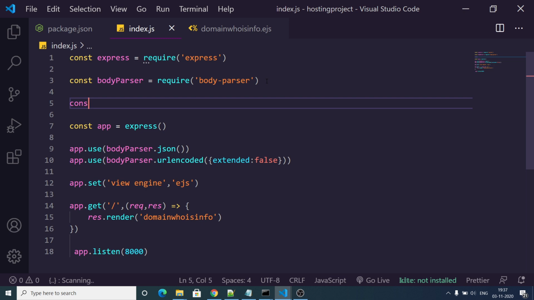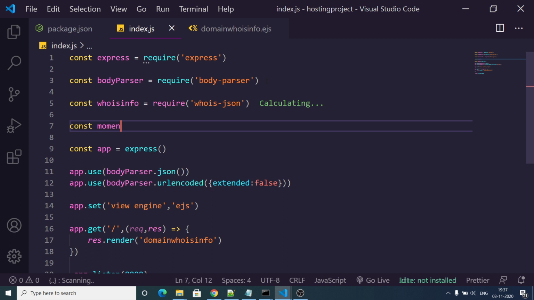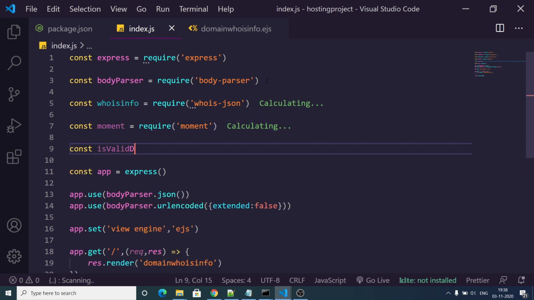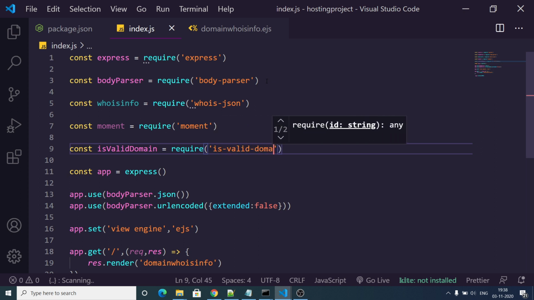So first of all, we will have whoisjson, we need to require it. Whoisjson, sorry, whoisjson. Next we will have the moment library, require moment, and also is valid domain. That's it. So we have imported all these dependencies.